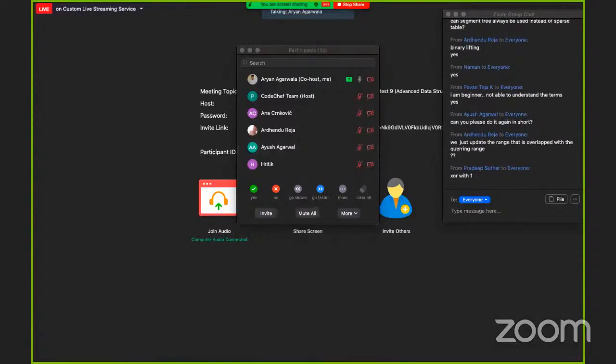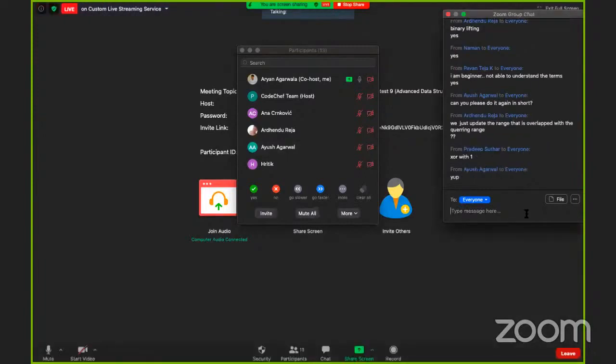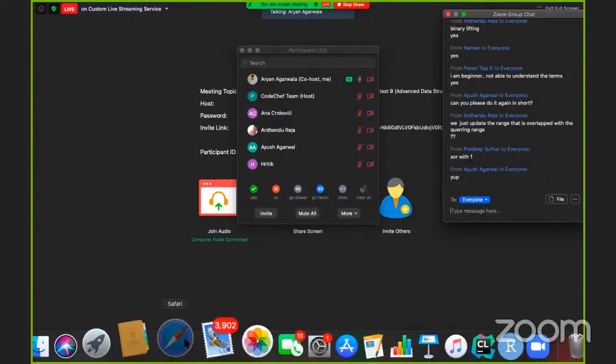Is it fine? Yeah, and Ardhan, yeah. So basically, we update the range that's overlapped with the querying range. That's right. Let me show you.